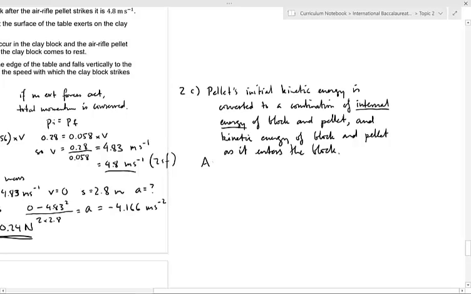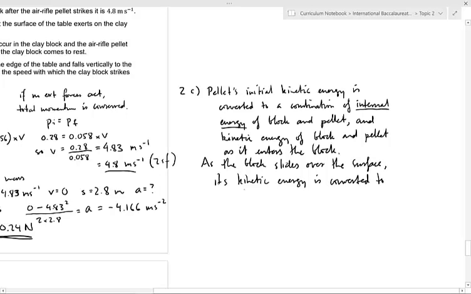So as the block slides over the surface, its kinetic energy is converted to heat due to the work done by friction. And then we might make a statement about the final situation. So when the block is stopped,